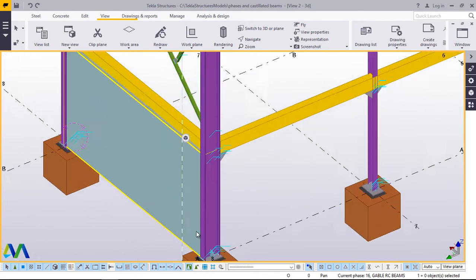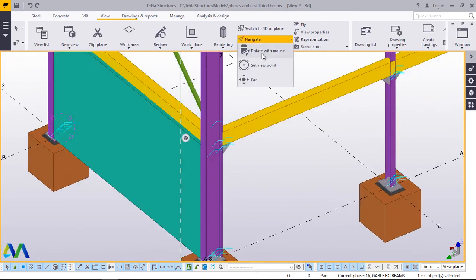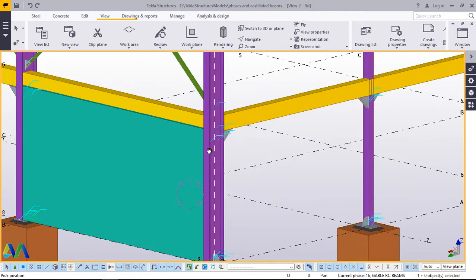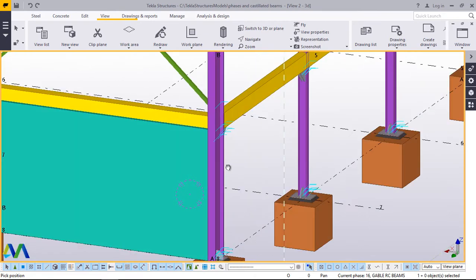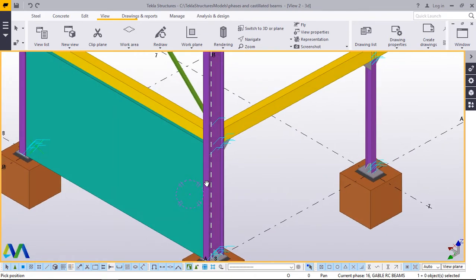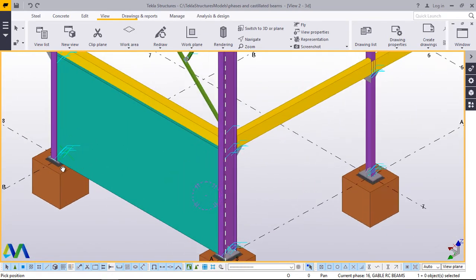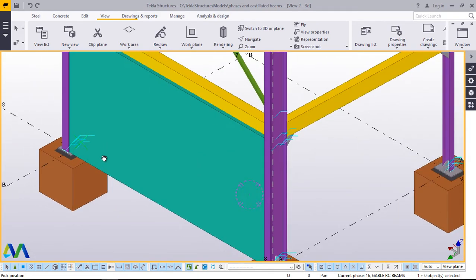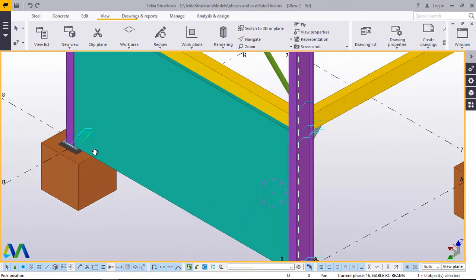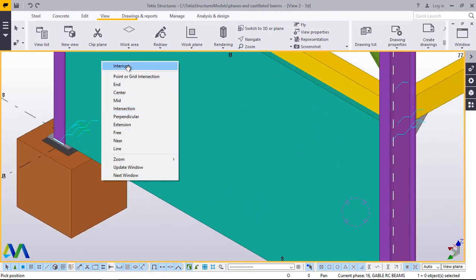I'll zoom out and in. I've created that slab, but in this particular case we'll treat it as our masonry wall. Now we'll go again and create